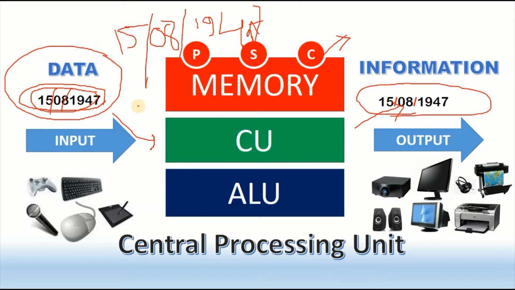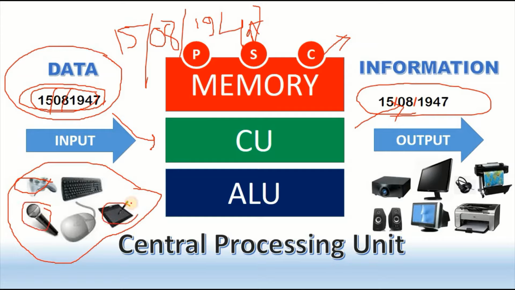Okay, sometimes the definition of data and information is very critical, because if you understand it, this is information, and if you do not understand it, this is your data. And data becomes information. And here are examples of some input devices. Okay, this is a keyboard and mouse. Most computers we use these, and this is a joystick, and this is a microphone, and this is a touchpad. So all are input devices.